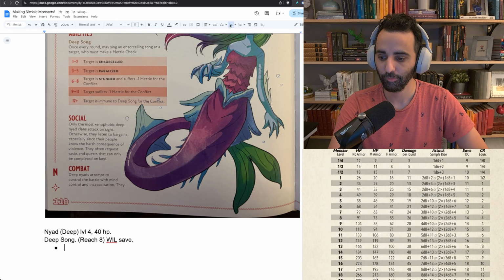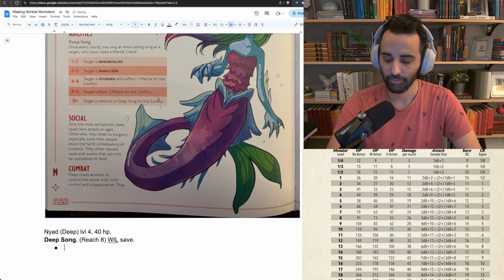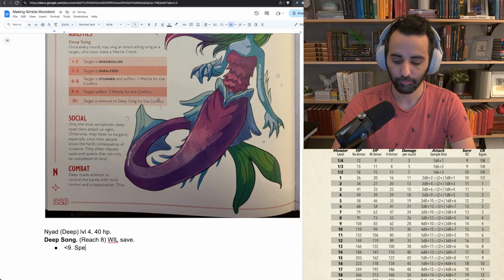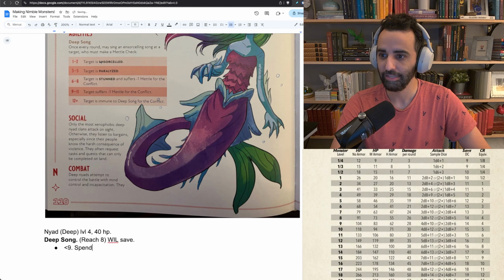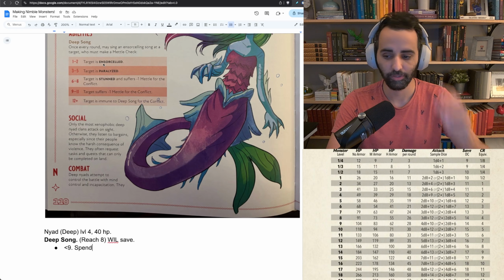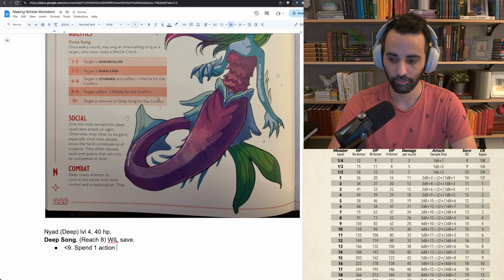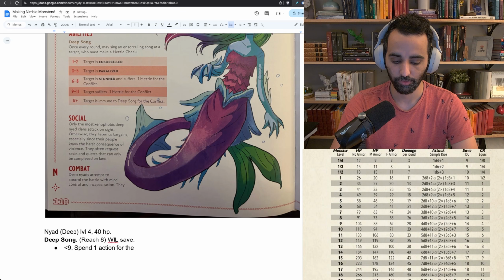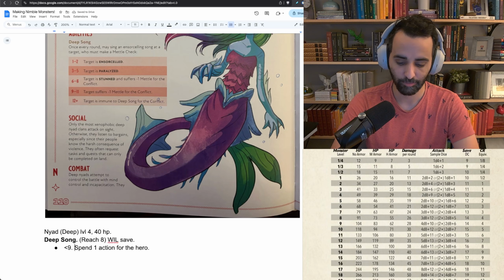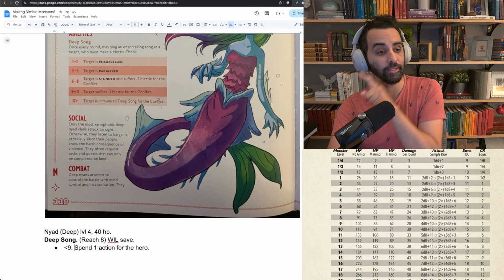Okay, so that's a bullet point. We could do something like this. On a 9 or less, spend... Okay, so like it's ensorcelled. I don't know what ensorcelled means, but it seems like that would be a mind control kind of thing. Spend 1 action for the hero. Cool. And let's make it add a little bit of damage because the hero is going to be making a